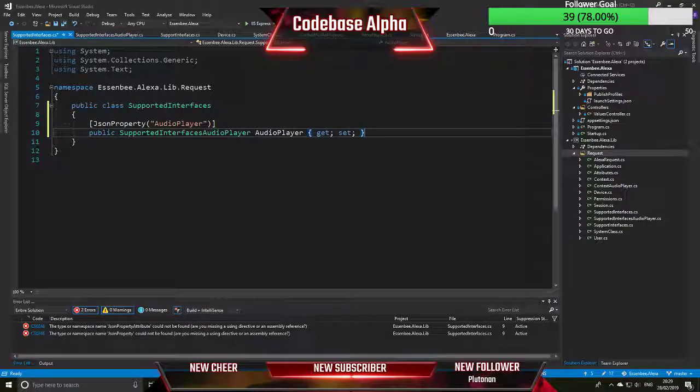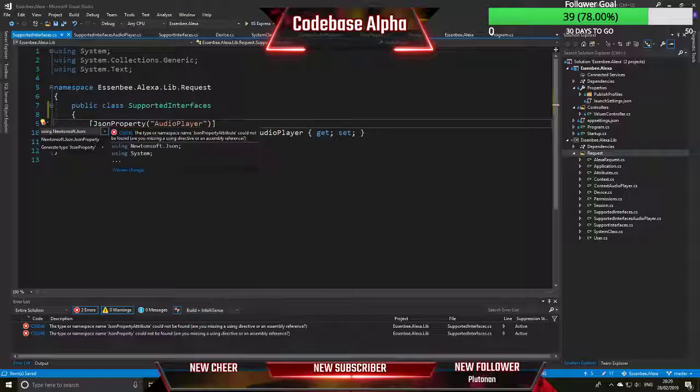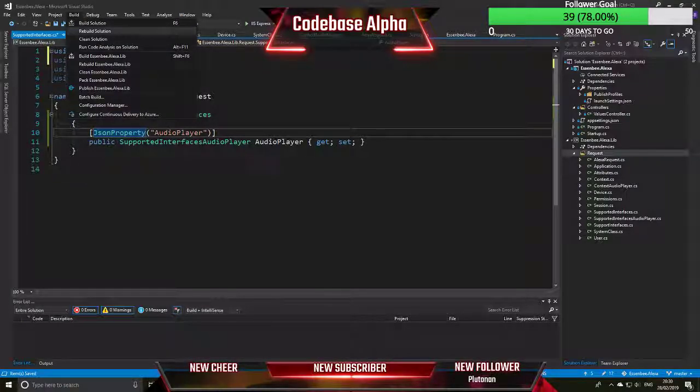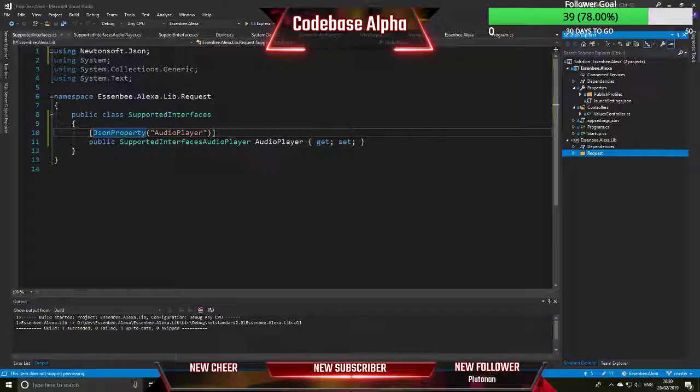Okay. We just need to add a using statement in for that, and we should now build. Fingers crossed, yes, we built. Okay, so we've got the basics of the header of the request actually in there now. So let's go into our API now, and let's actually create an endpoint so that we can actually try and